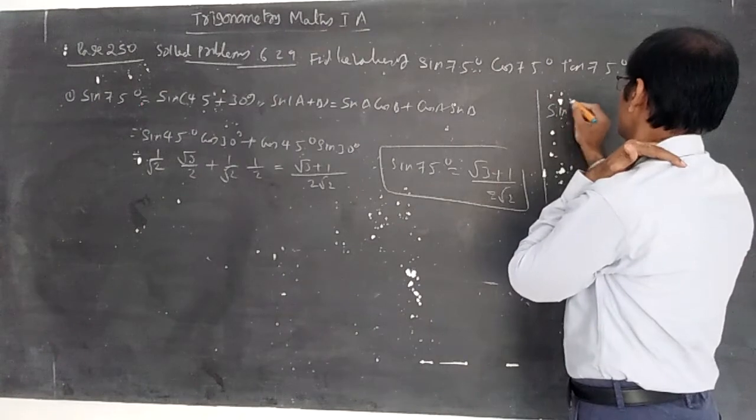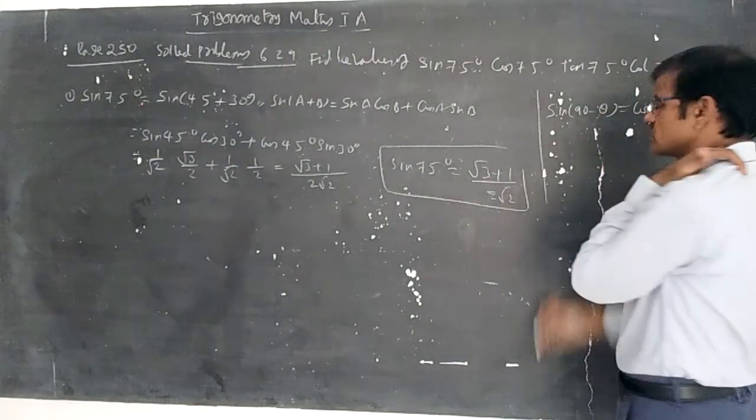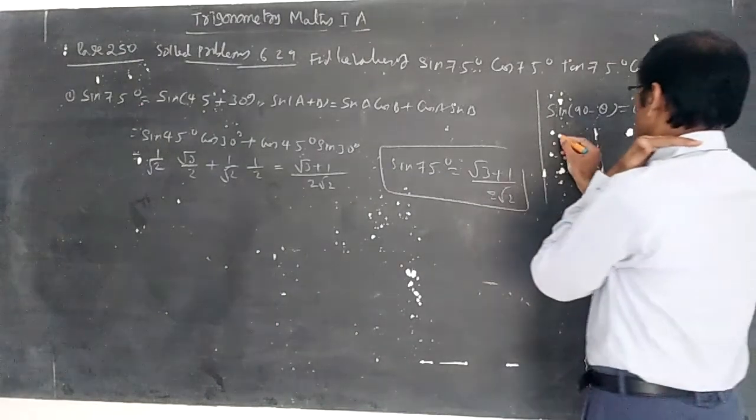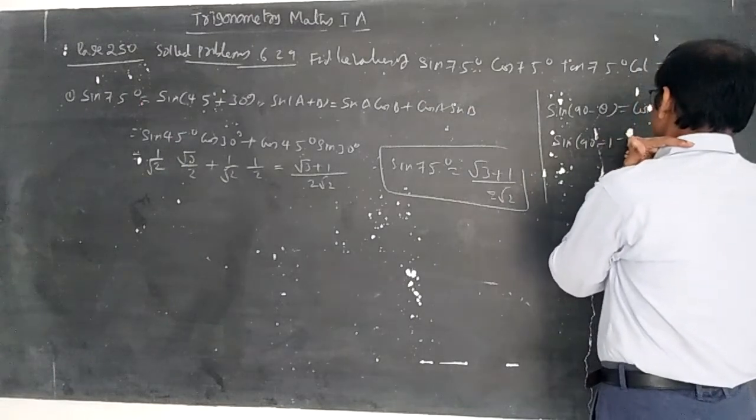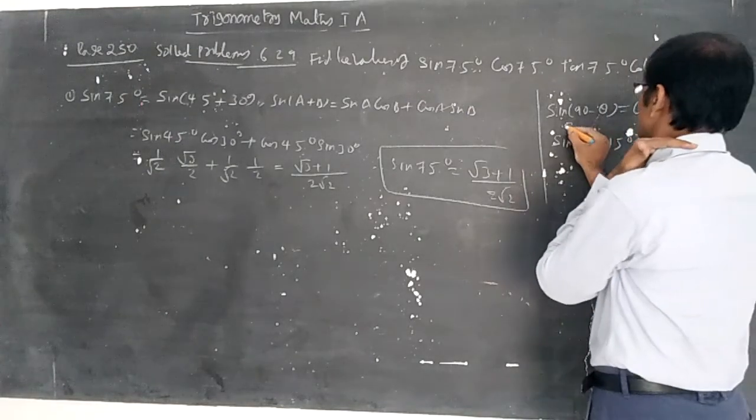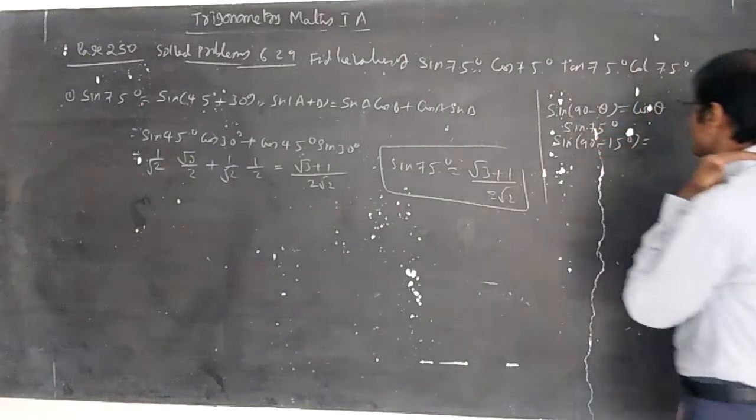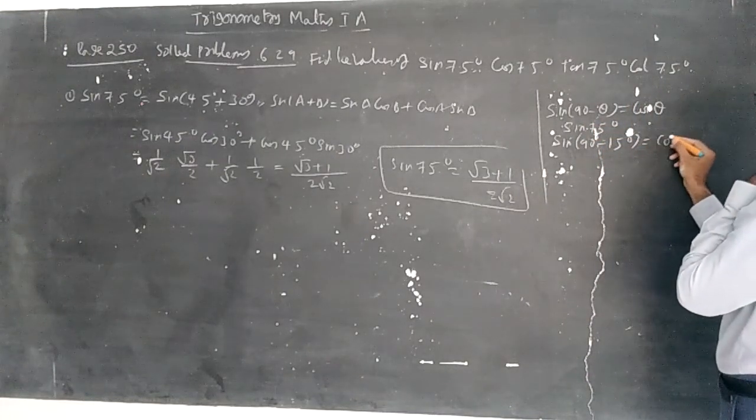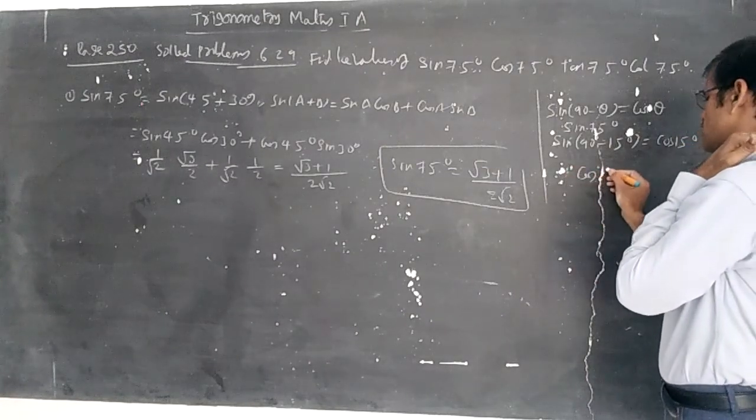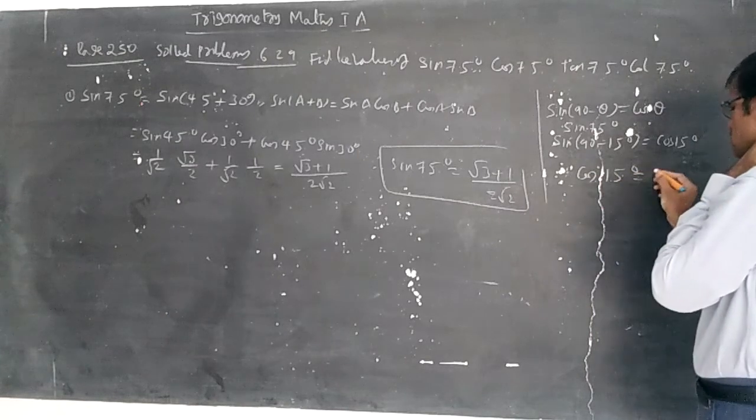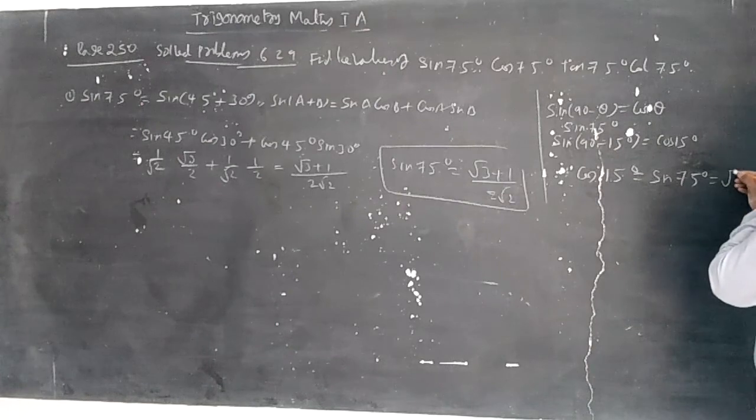Once again I am writing a formula. Sin 90 minus theta is equal to cos theta. So you write sin 90 minus 15. Of course it is sin 75. Sin 75 you can write as sin 90 minus 15. It becomes cos 15. Therefore, you write now cos 15 degrees is equal to sin 75 degrees is equal to